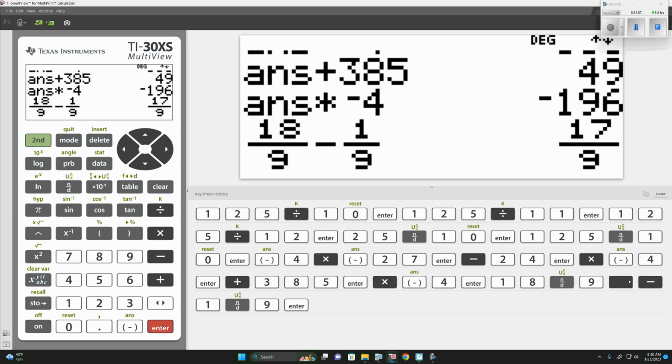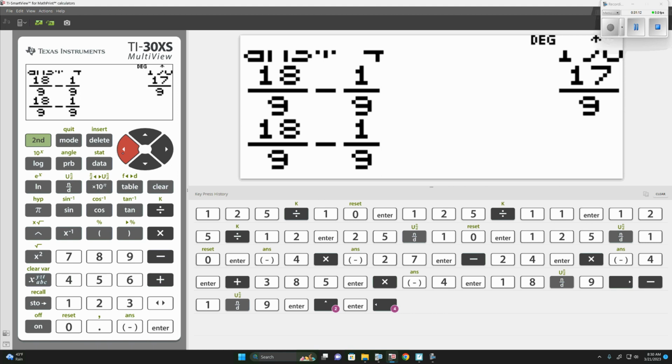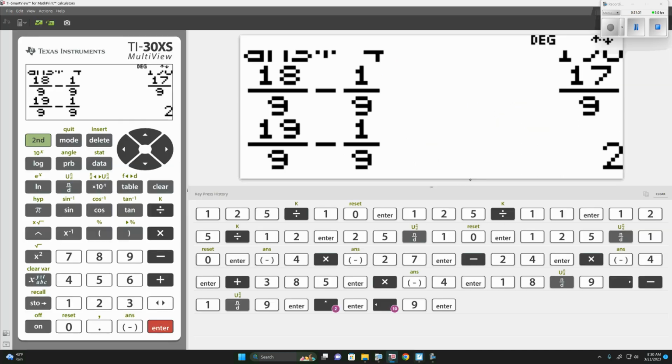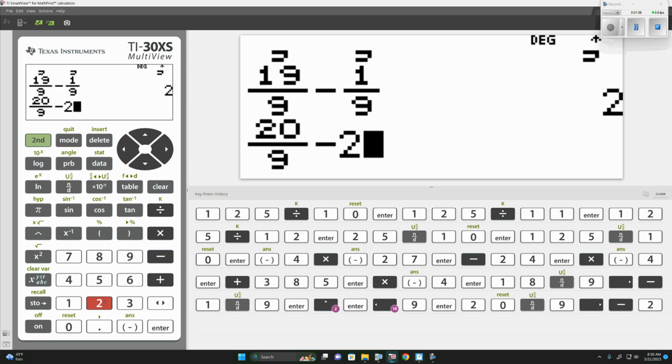I got ahead of myself. 19/9 minus 1/9 is 18/9, because 19 minus 1 is 18. 18 divided by 9 is 2. We multiply again. Negative 1/9 times 2 is negative 2/9. 20/9 minus 2/9 is,